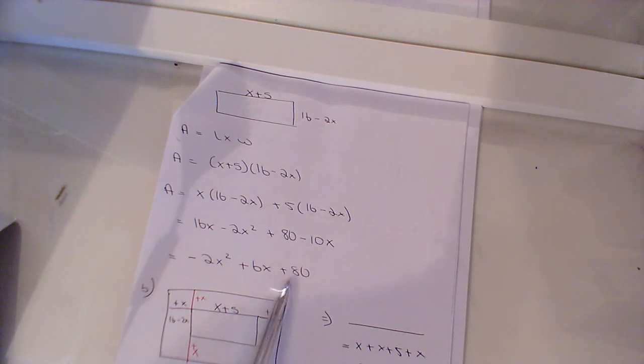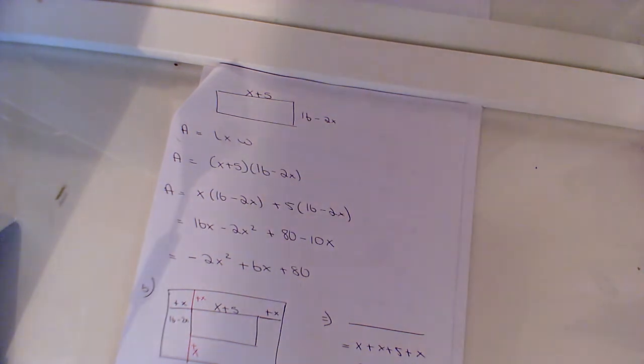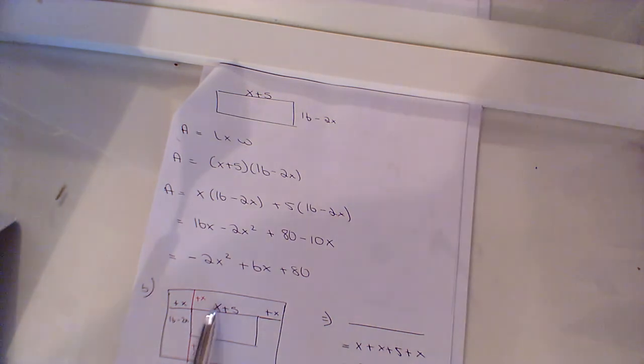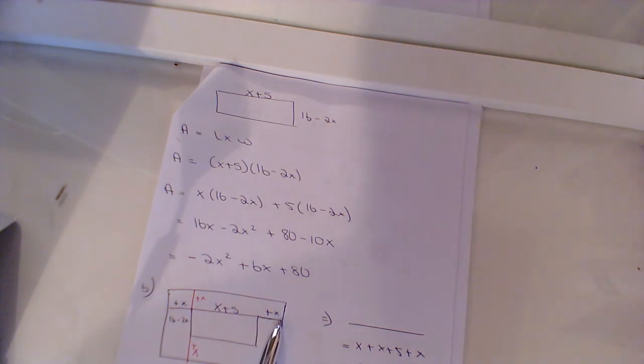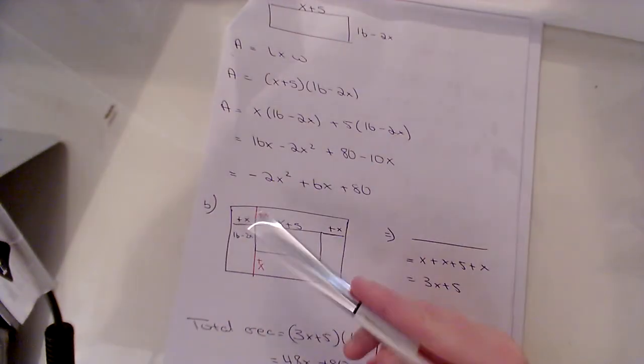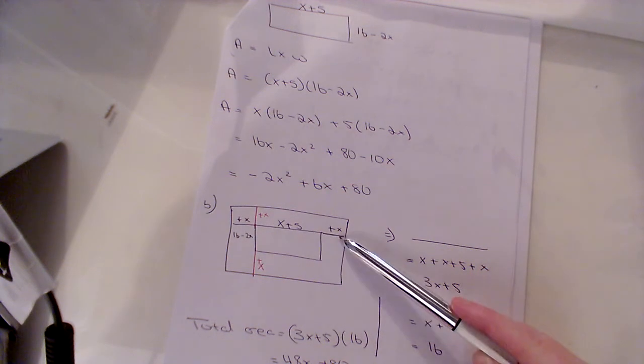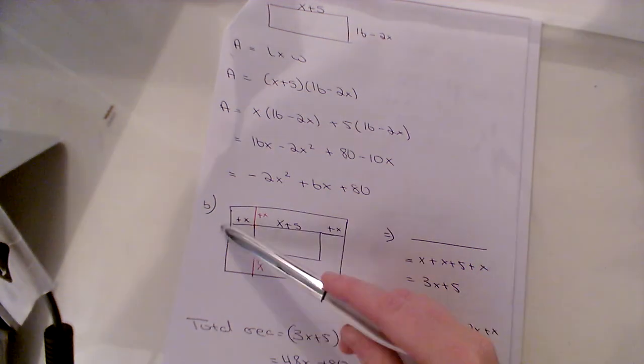Part B, it asks me to find the area of the path in terms of x. Right, so here I have, this is my garden and outside here was my path, but I was told there was x added on each side, okay? So then my length going across this way, if I have x plus 5, I need to add an x here for the path, and an x here, so it's going to be x plus 5 plus x, okay? So the full length going across is x plus 5 plus x, which will give me 3x plus 5, so this full way going across the path is 3x plus 5,